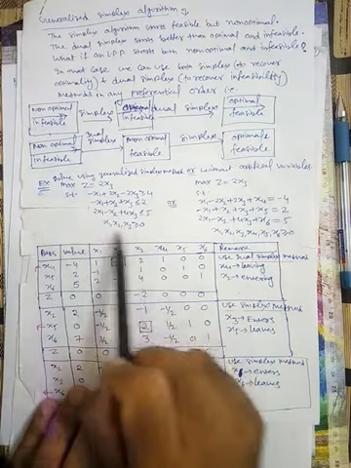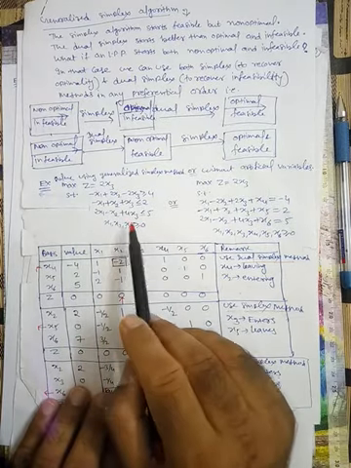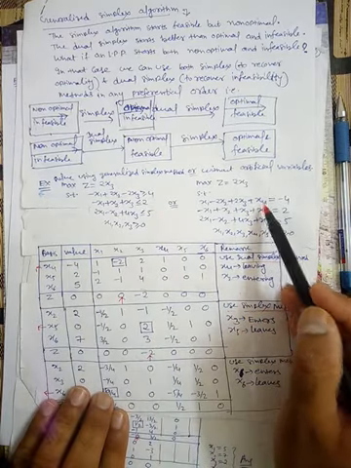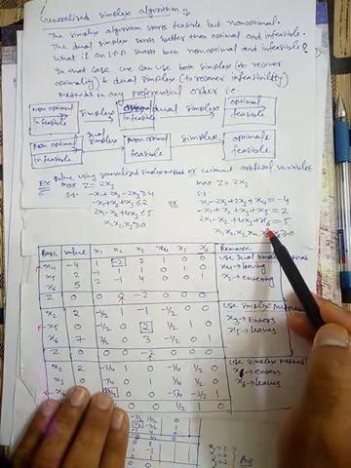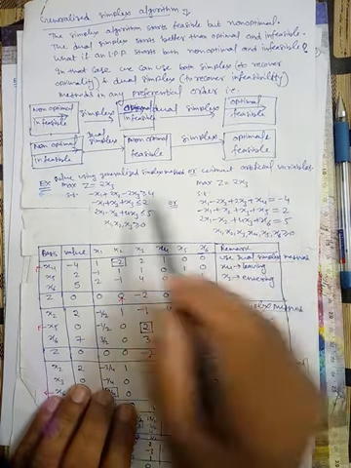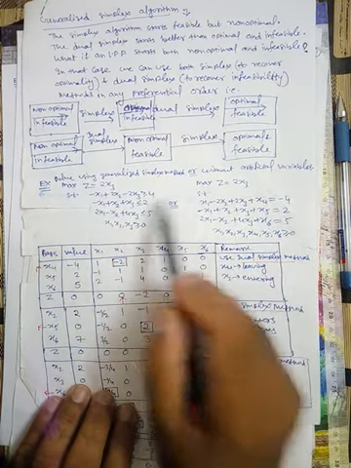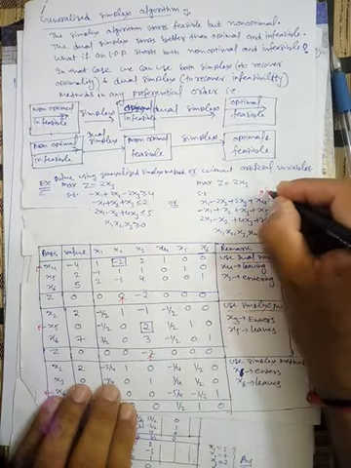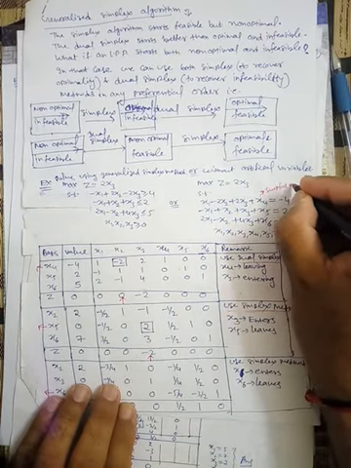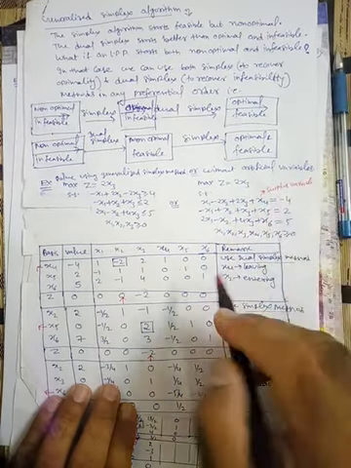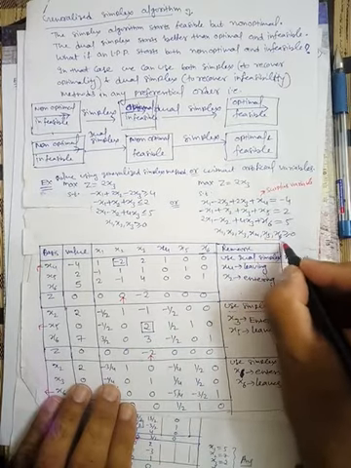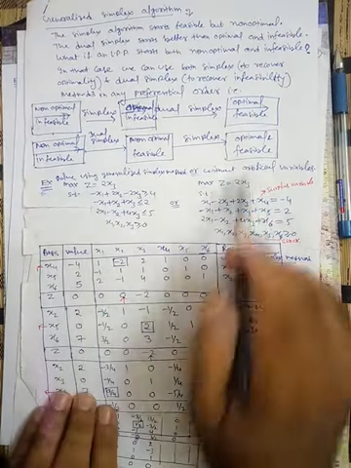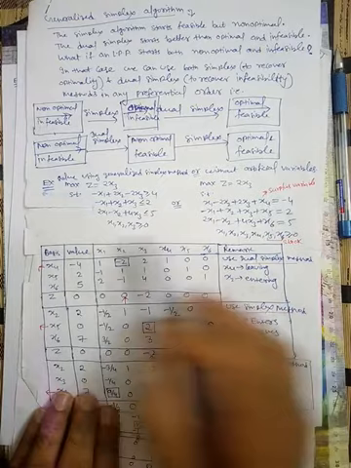Now first use slack or surplus variables and convert the problem into standard form. So this is the converted problem. Here we have added x4, x5 and x6. Here we have subtracted x4 and then multiplied by a minus sign. That's why we get this. So x4 is a surplus variable, while x5 and x6 are both slack variables. Now we will have the initial table.